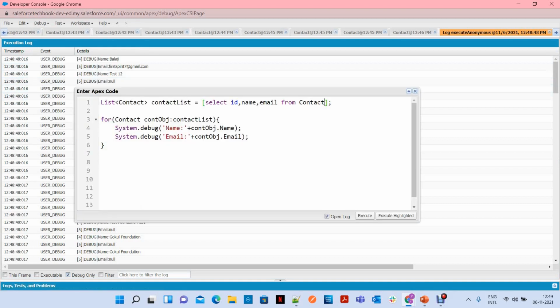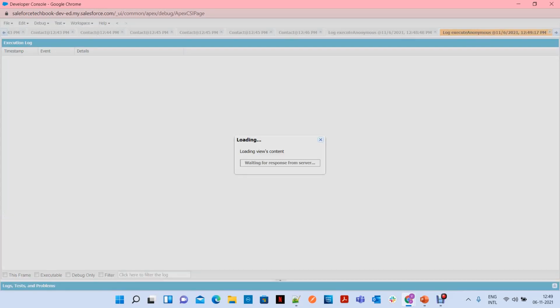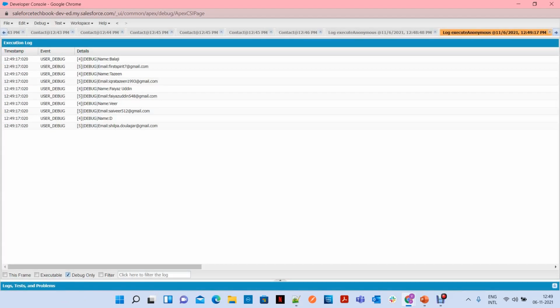Let's limit this also. Limit 5 where Email not equal to null. Let's execute and select debug only. This is how it looks.